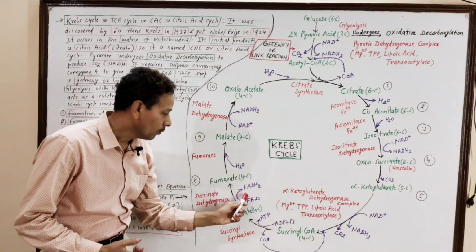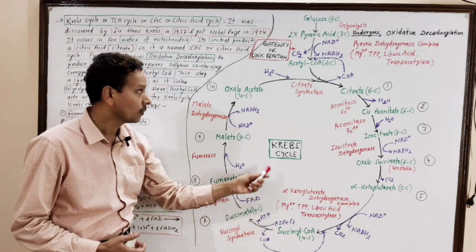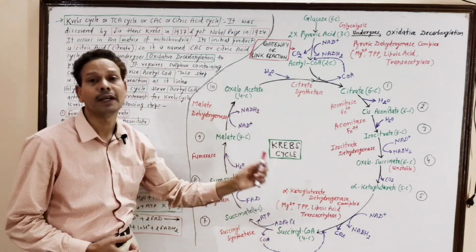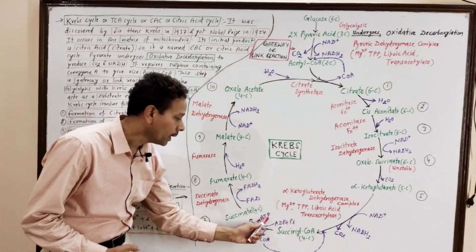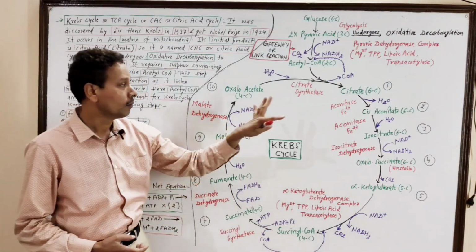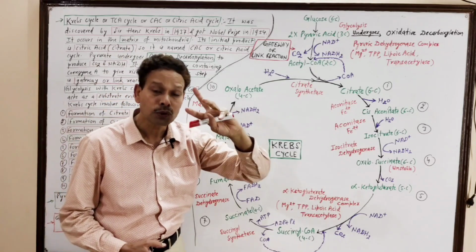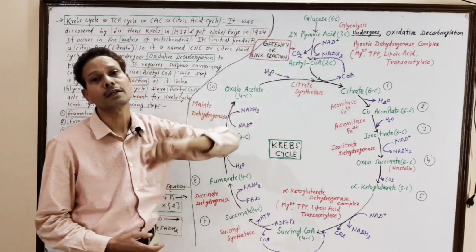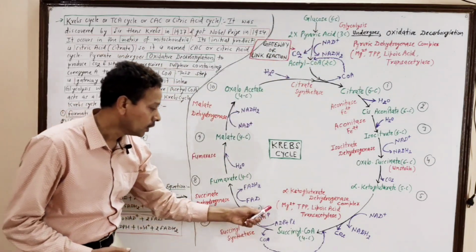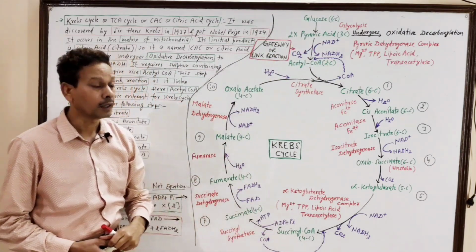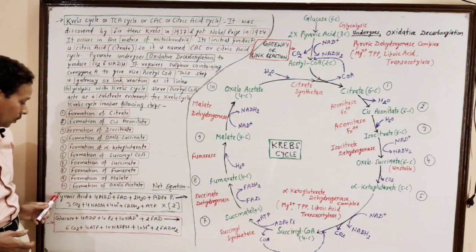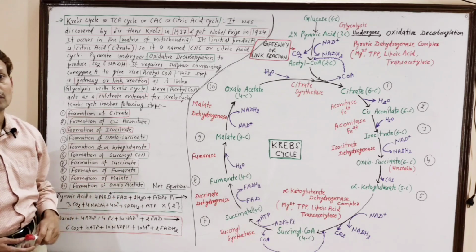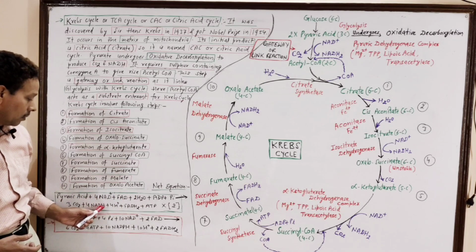And 1 FADH2 in one Krebs cycle, and in 2 Krebs cycles 2 FADH2, and 1 ATP in each Krebs cycle, but these Krebs cycles operate twice. 2 Krebs cycles operate because 2 pyruvic acid molecules are there, means 2 ATP are formed. The net equation: 1 pyruvic acid plus 4 NAD plus